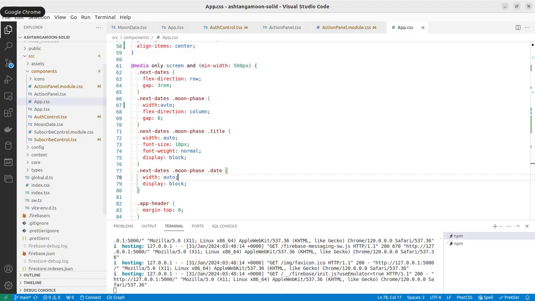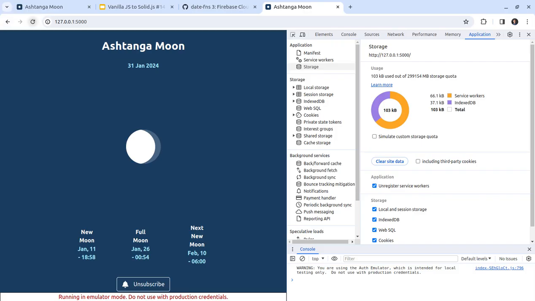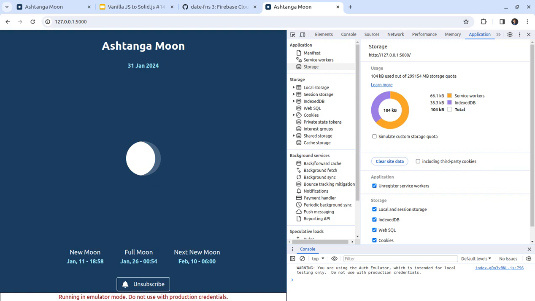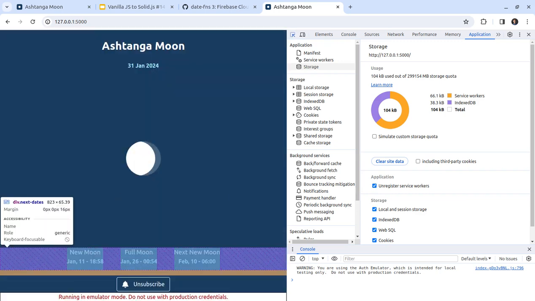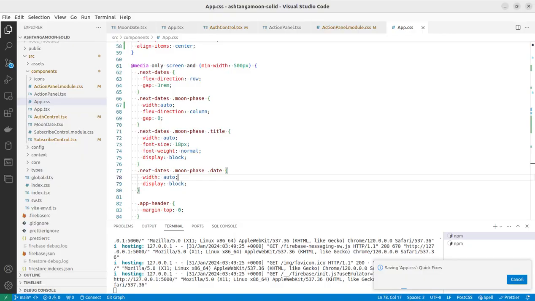Is it enough? Let's check. Yep, I think it's enough. Okay, good. Yeah, how can I make them the same width on desktop? Okay, we need to use CSS grid or something, or set width to 33.33%